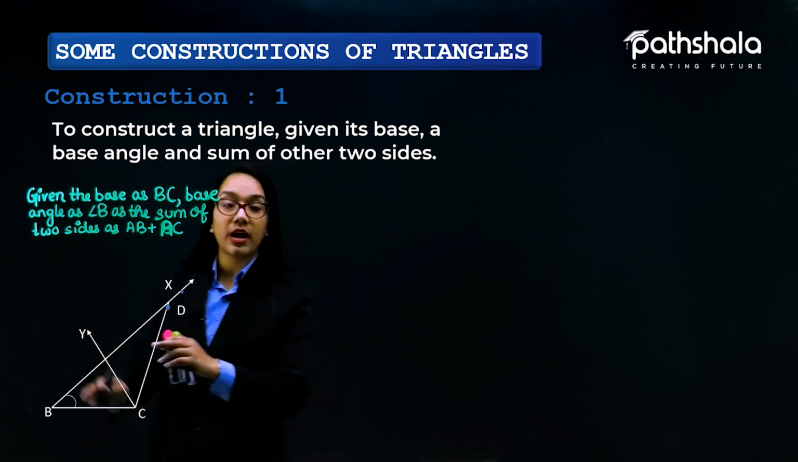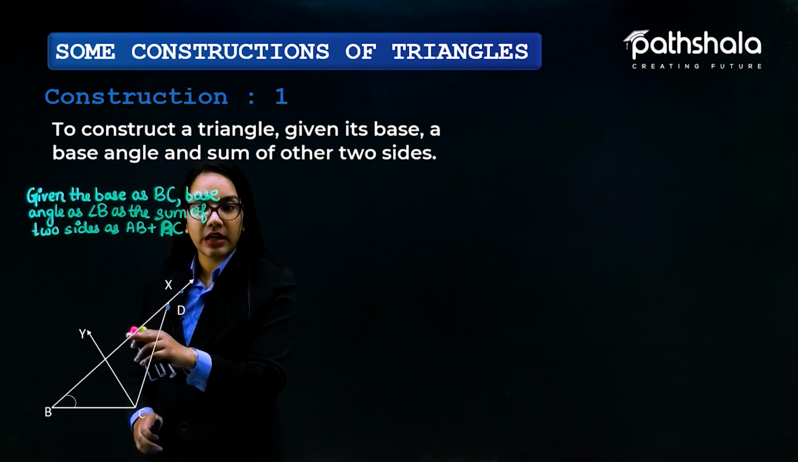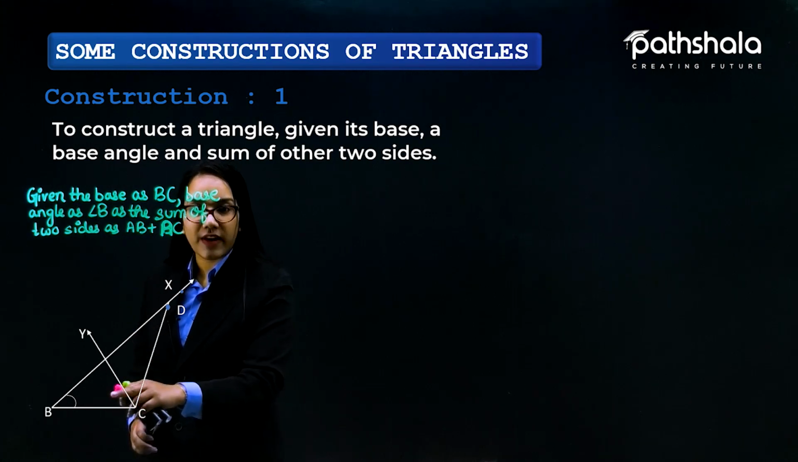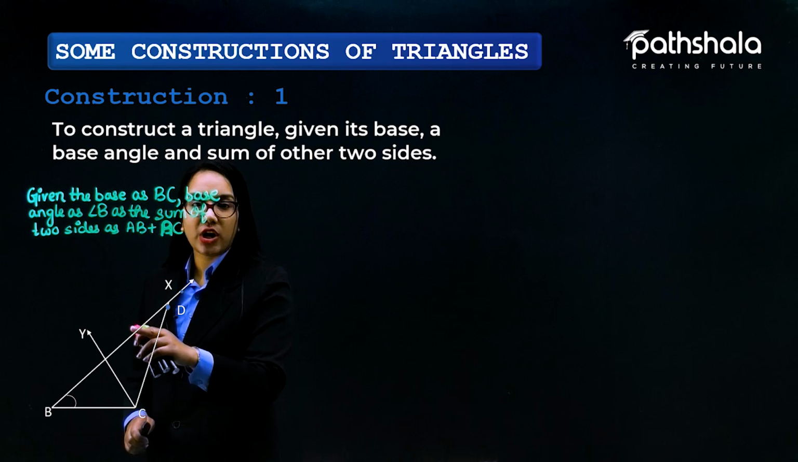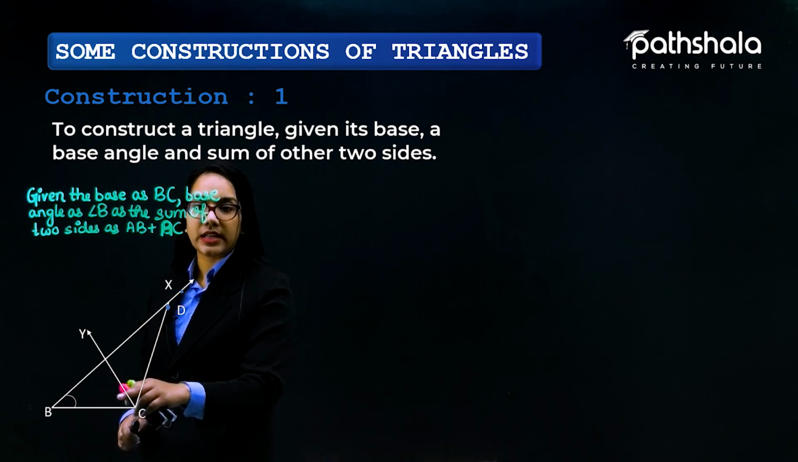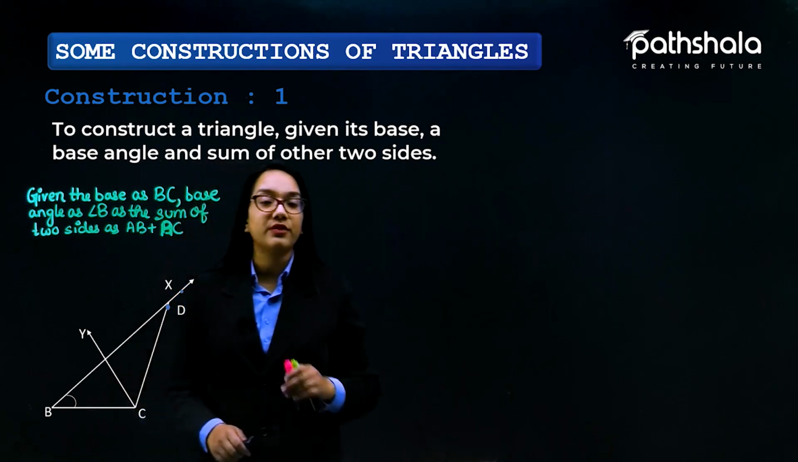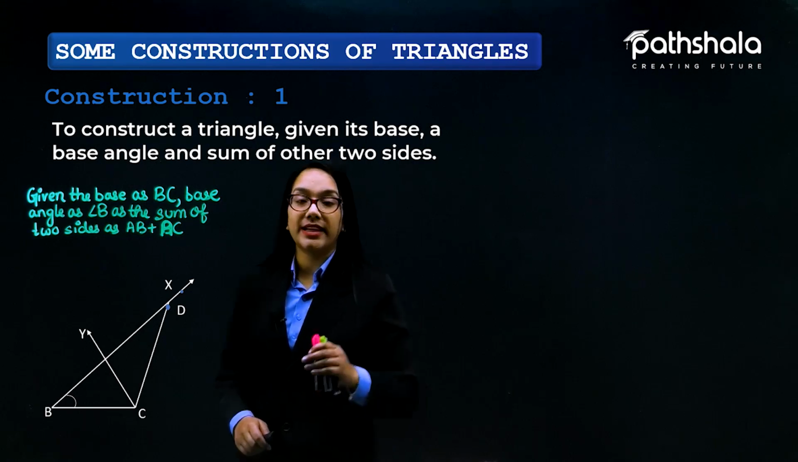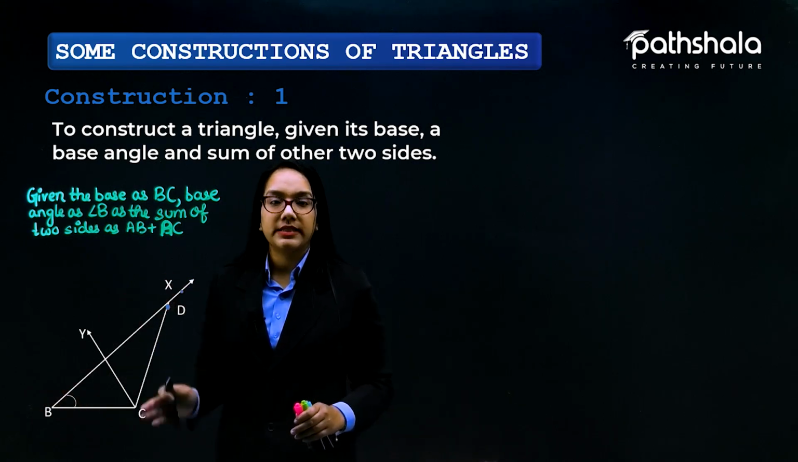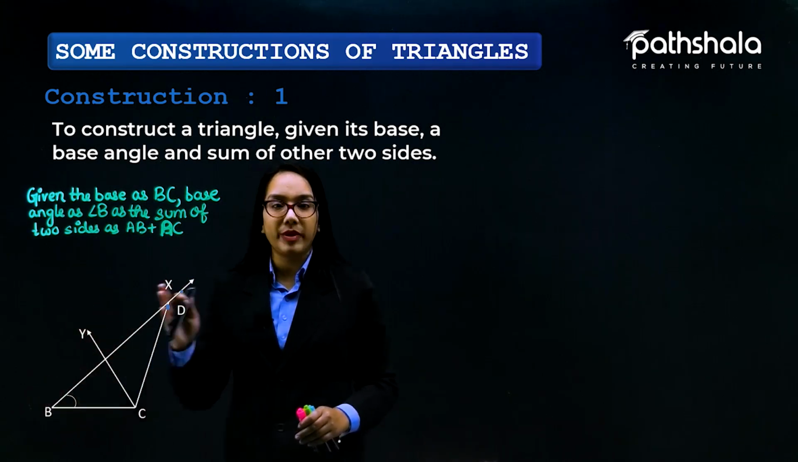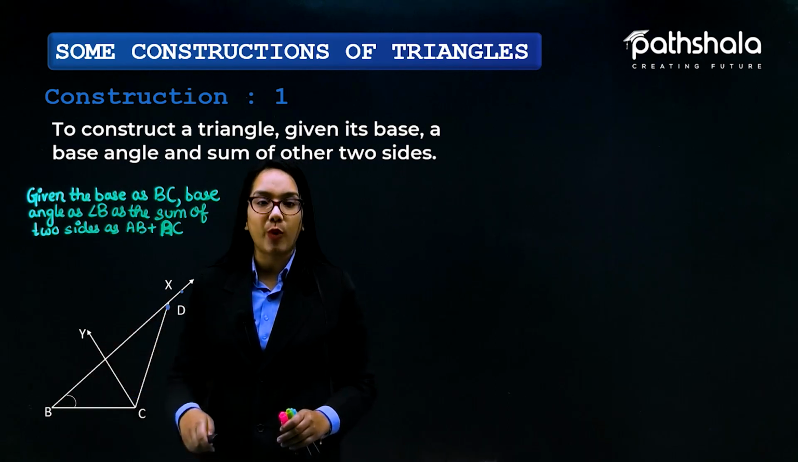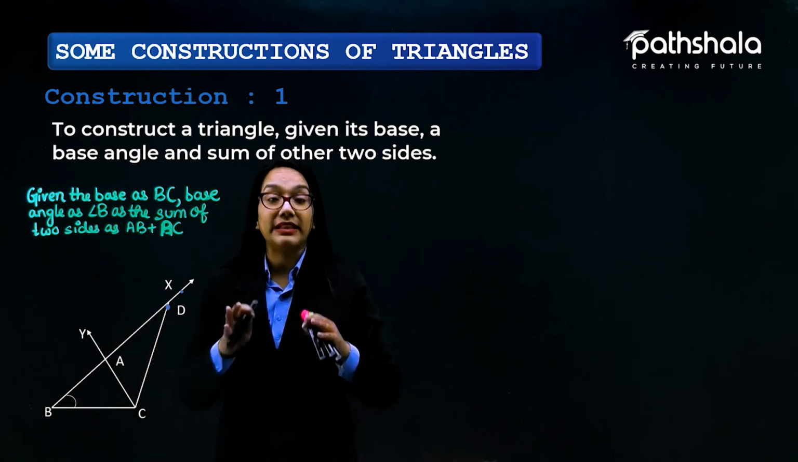By construction, I am constructing this angle and this angle equivalent to each other. So by construction, this angle and this angle are equivalent to each other. Let us suppose CY is intersecting BX at a particular point. I am calling it A, and thus this